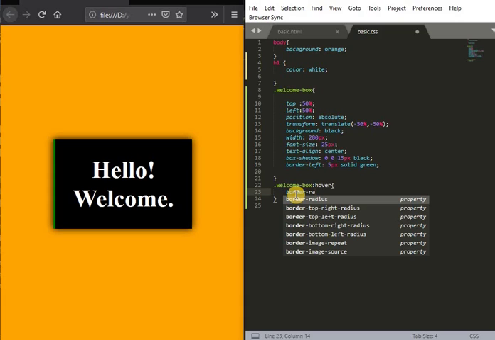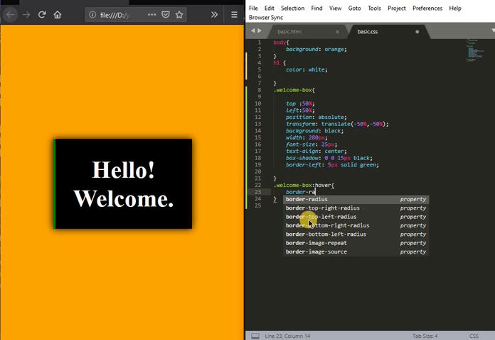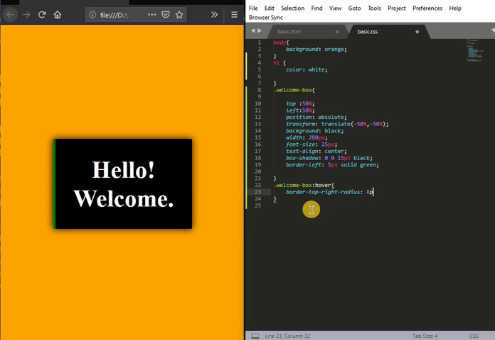I will tell you what this is. So border radius, now border radius of the right side, border top right radius. Now I will give it 8 pixels for example, and also border bottom right radius 8 pixels.